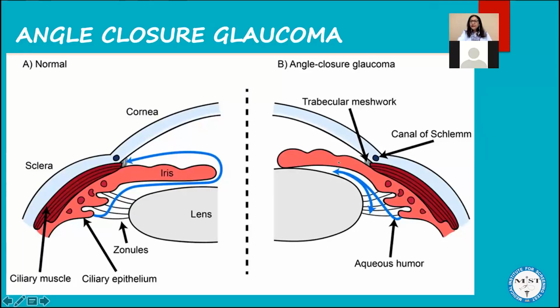Now, in people who have narrow angles and the pupil becomes dilated, as you notice over here, the pupil has come in contact with the lens. The opening of the pupil is blocked. The iris is touching the lens. This is known as pupil block. When the pupil is blocked, the aqueous is not able to flow from the posterior chamber into the anterior chamber, so the drainage is not possible.